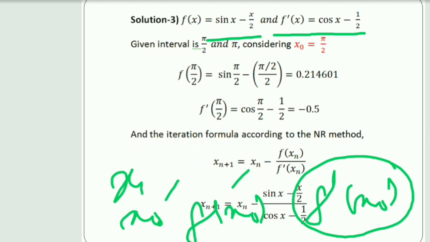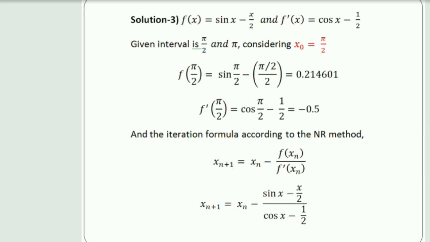Now let's have a look at the complete solution. Here we have x0 as π/2 because it was given in the question. Put the value π/2 in place of x in the equation to get f(x) and f'(x). Remember that this value π/2 is in radians, so always solve this equation in radian mode. Put your calculator in radian mode. This is the value of f(x) and this is for f'(x). So we got all the values for the first iteration.